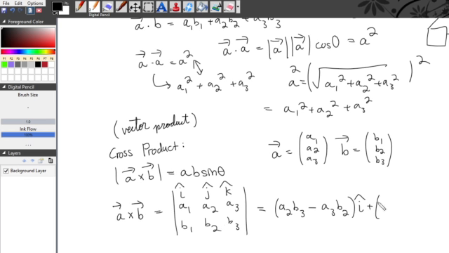It's supposed to be minus for 3x3, but I'm just going to flip it automatically. So it's a sub 3 b sub 1 minus a sub 1 b sub 3 times j, plus